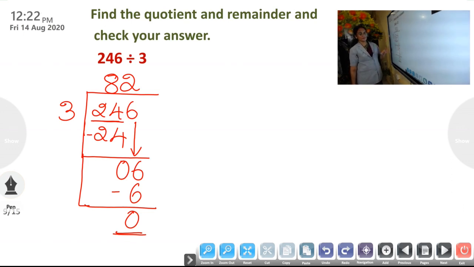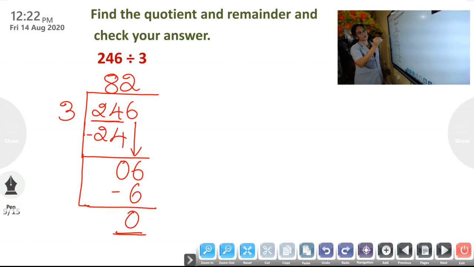Once again, you look here. First, we have to divide each digit of the dividend by the divisor. So, 2 is less than 3, so 2 is not divisible by 3. So, we are taking 24 together. 24 divided by 3 is what? 8. So, 8 3's are 24. Remainder is 0. Then bring down 6. 6 again we divide by 3. 2 3's are 6, isn't it? So, 2 in the quotient and 2 3's are 6. Then subtract to get the remainder.